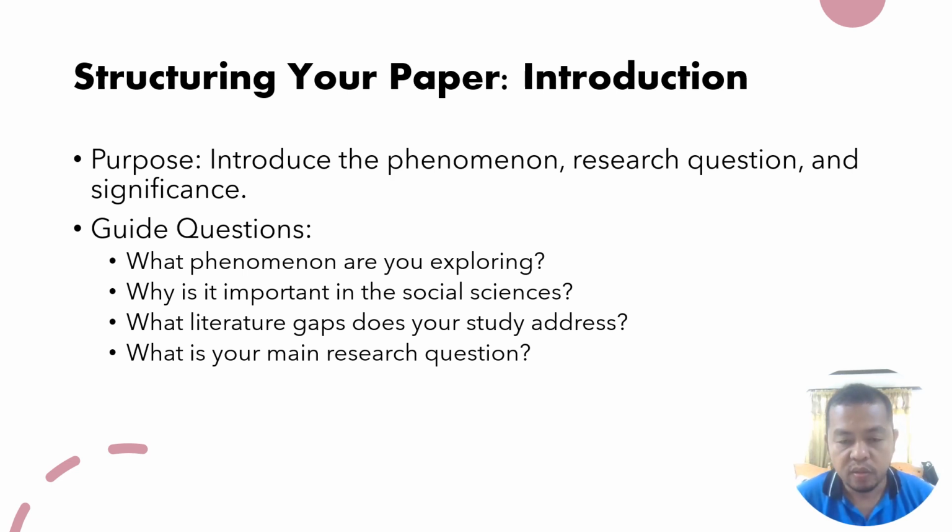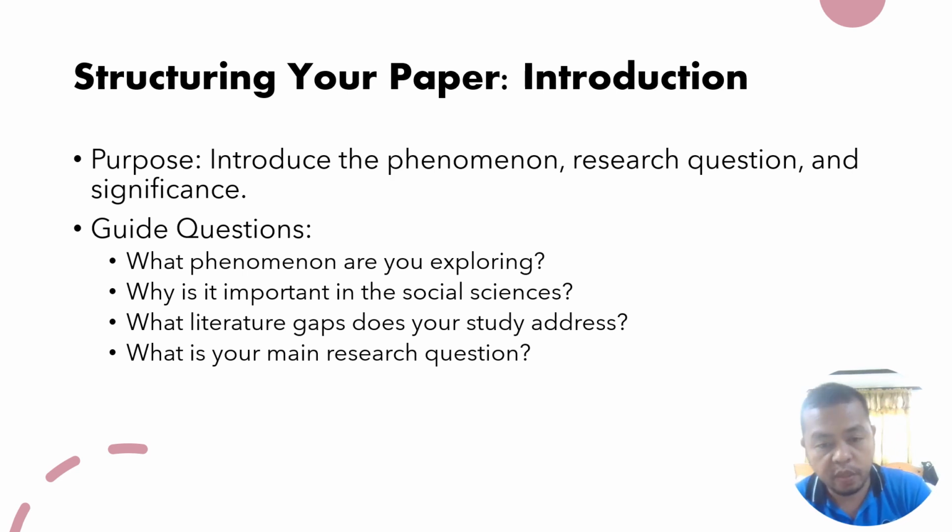It's up to you. That's why the first step is to identify the phenomenon. What kind of phenomenon is that? And then you describe it. Next, why is that phenomenon important? Put it in the context of your discipline. In my case, my question would be, why is it important in the social science field? What is the importance of that phenomenon in my field?